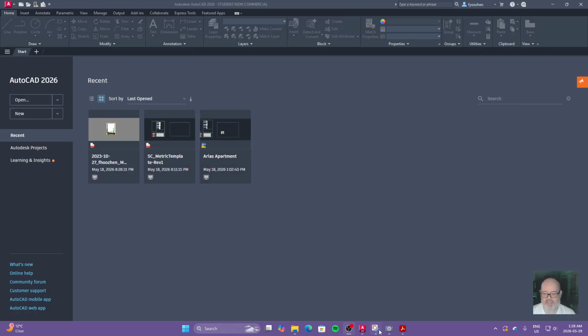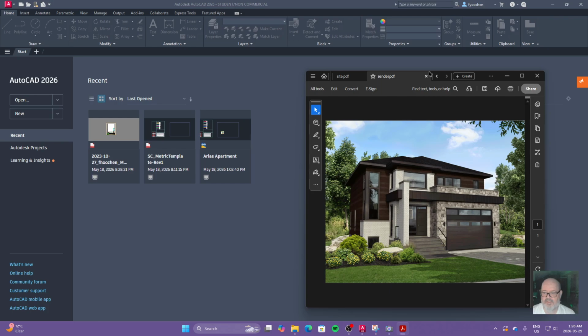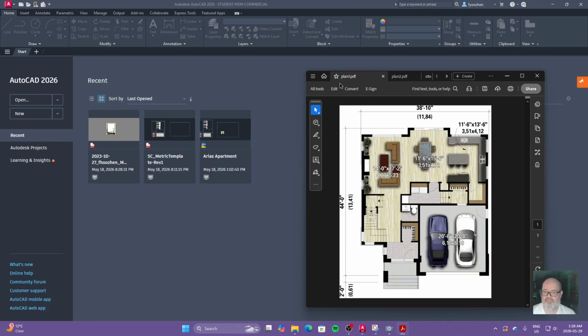So again, I showed the plans. I'm going to start off by doing some of the outlines on the first floor plan. But one of the things I'll typically do before I get into a project is evaluate some of the things I'm going to need as I begin drawing this. So I'm not going to just jump in and start drawing lines, because that seems to me impractical. I need to know personally